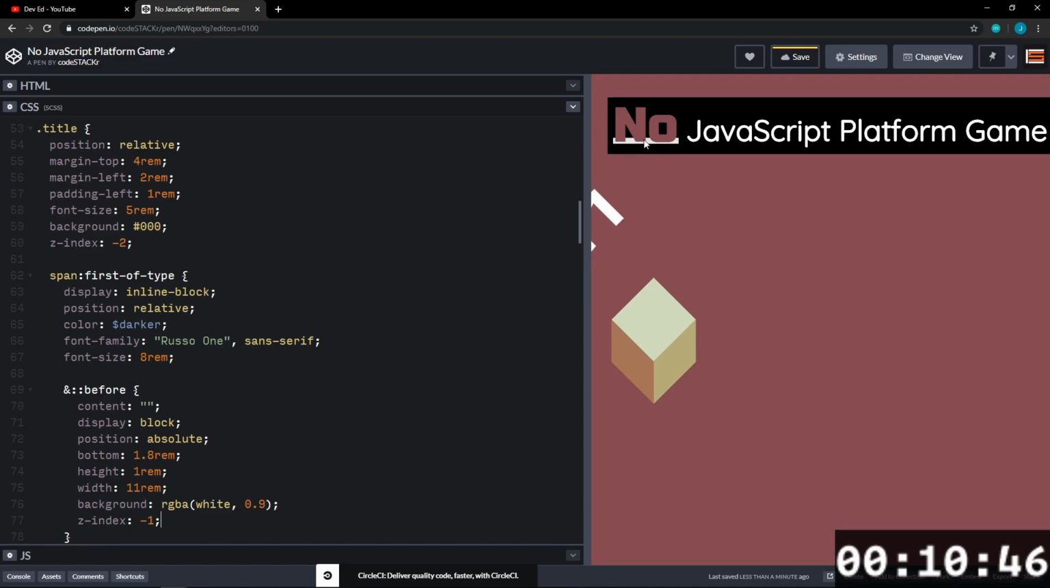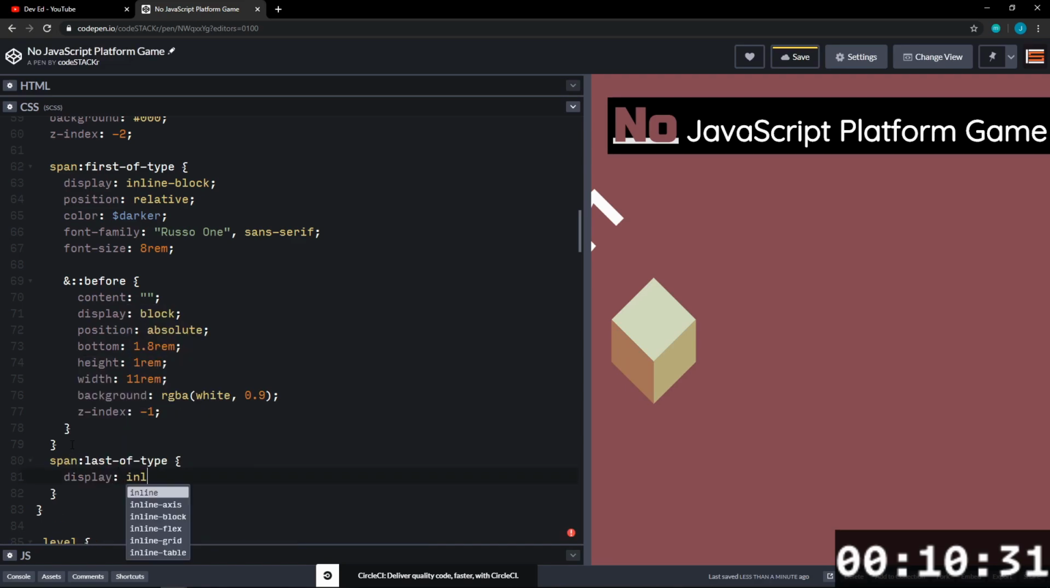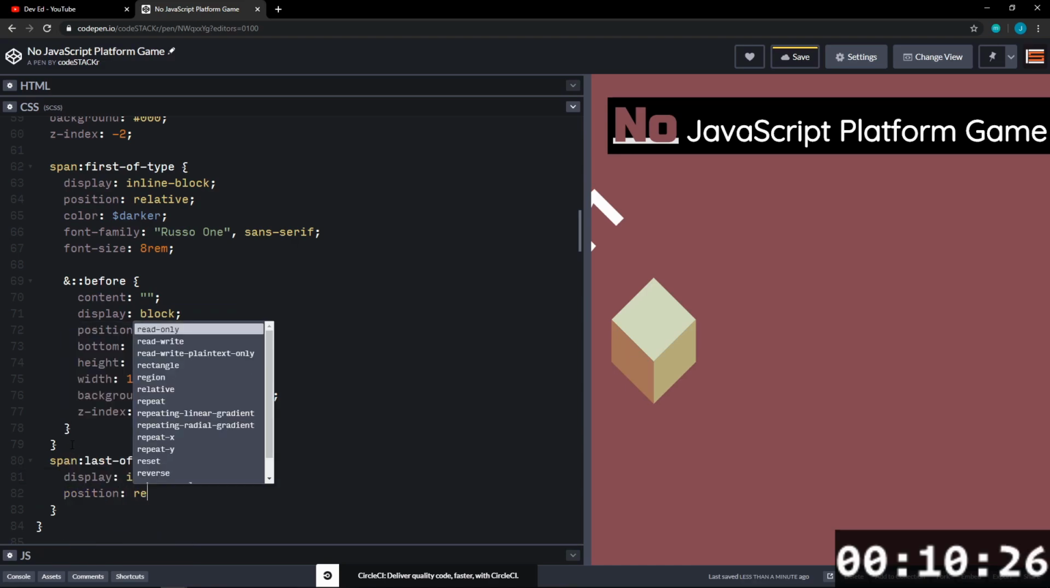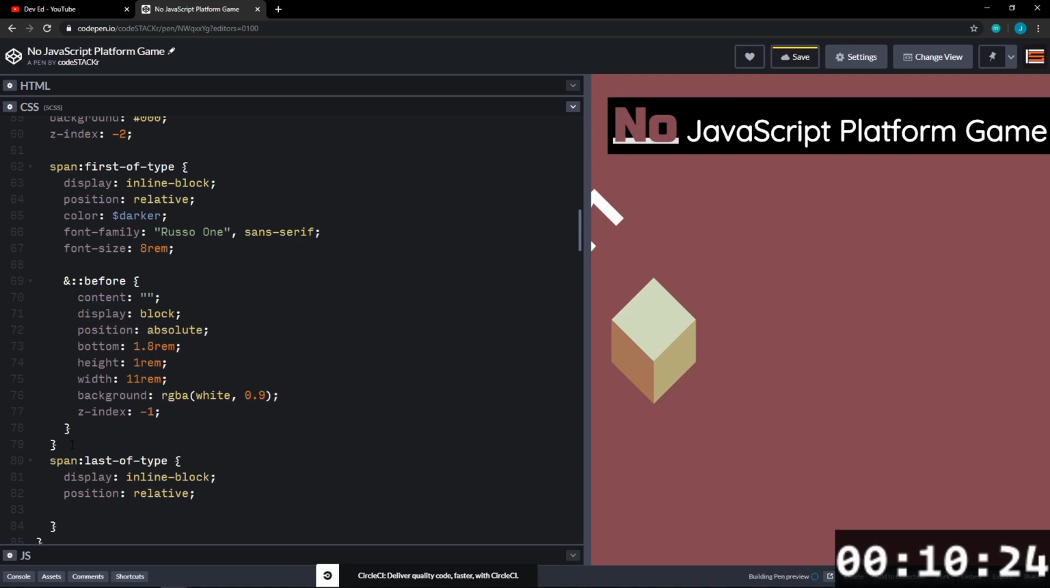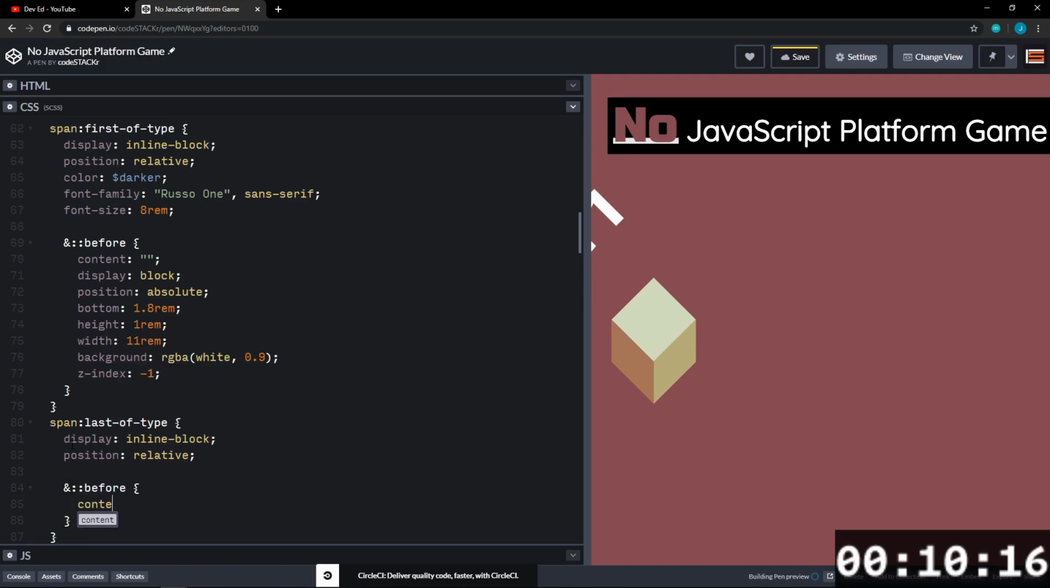All right, adds a little underline there. And then after that, we're going to do span last of type, and then we'll display as inline block and position relative, and then another and before, content blank, position absolute,